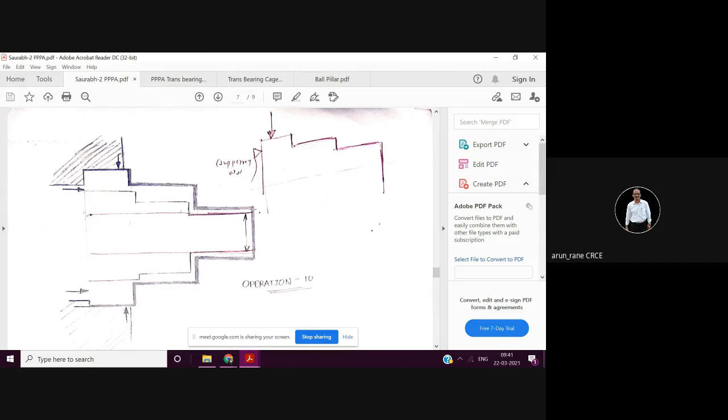Like here, the operator understands that he has to do this facing, then he has to do this turning. Here it is not shown clearly, but this diameter is also not required to be turned in setup 1, because in setup 2 he is going to hold it in a soft jaw on this diameter, and he is going to locate on this face, so that he can do this facing and this turning very easily.